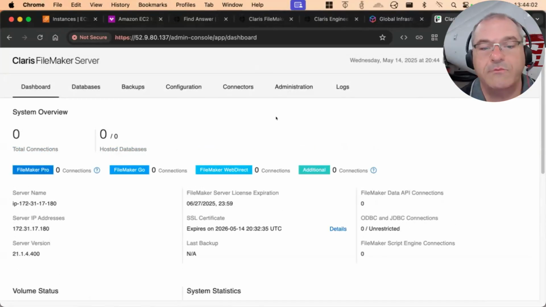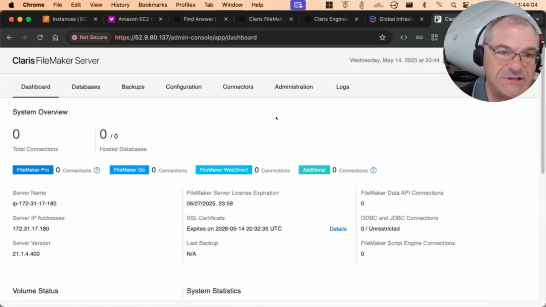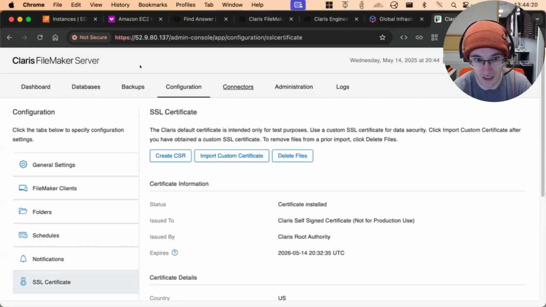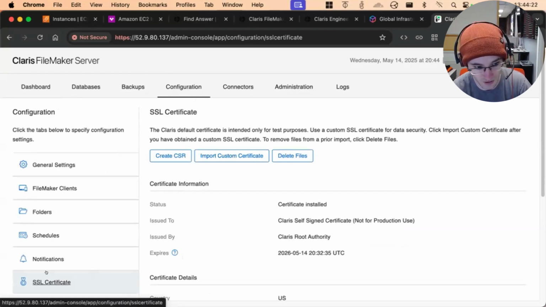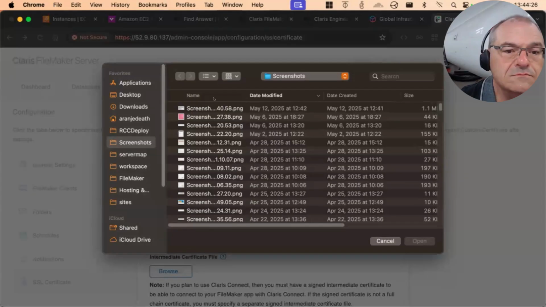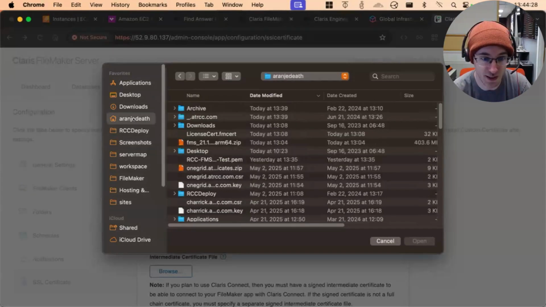Okay, we see Chrome. Now we want to install the SSL on this Linux machine. We are where we were before in the demo. We logged in, clicked through, and said we're going to keep the default SSL certificate. We're now going to change that. So we go to details right there. This takes me over to configuration and the SSL tab in the bottom left. We're just going to straight up import. We're going to do sign certificate, and I'm going to hope that I can find this thing.